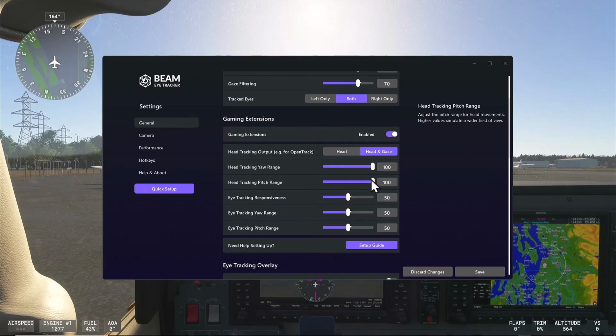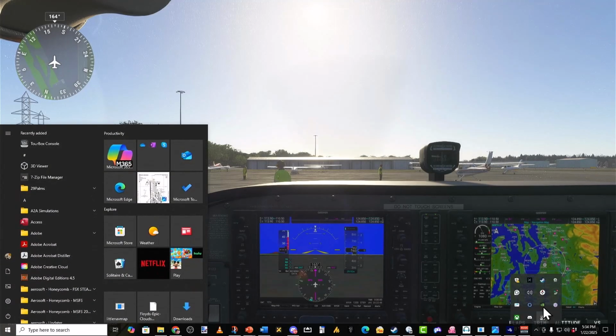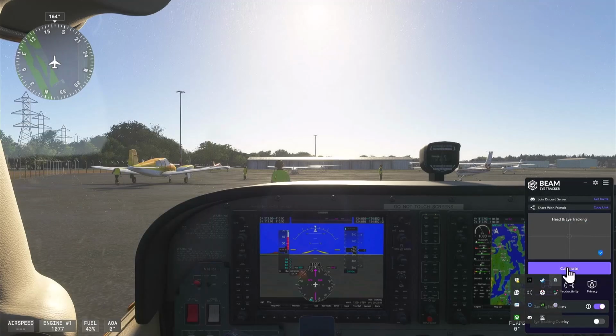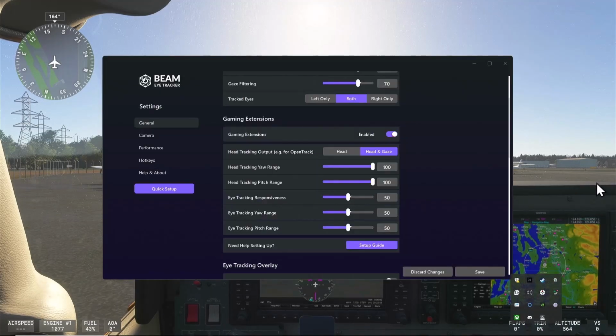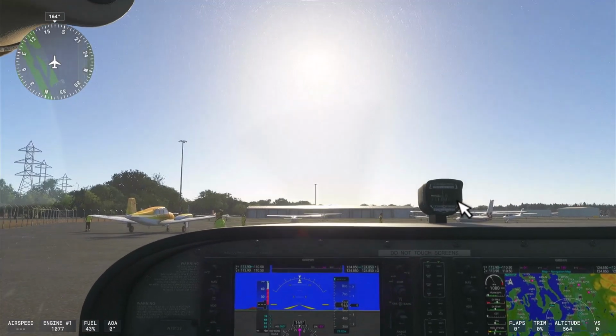I usually change one variable at a time. In this case, 2 different axes. I'm cranking them to 100 just to see what that looks like. And I guess they were at 100 because it doesn't let me save. Okay, just a minute here. Let me just make sure. Back to here, and back to here. Yeah, they were at 100. Okay, that's fine. All right, now at 100, when I turn this back on, I should be able to look